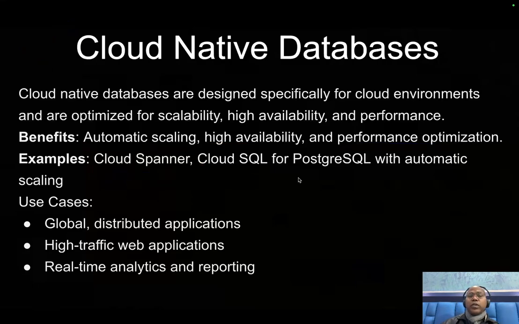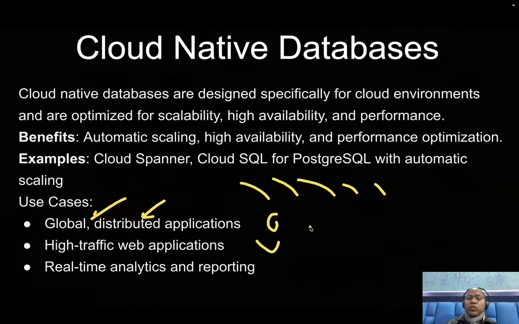And if you talk about the use cases of this system, surely if you want global or distributed applications. Due to the nature of a global application, your application can be accessed from different geographical locations, so our data can be served from the nearest locations. So multiple scaling is required. In those scenarios, Cloud Spanner databases are very fit, and they are highly